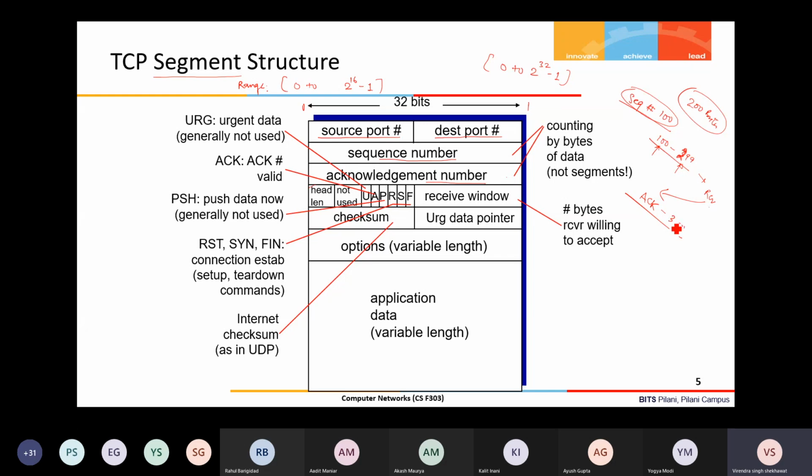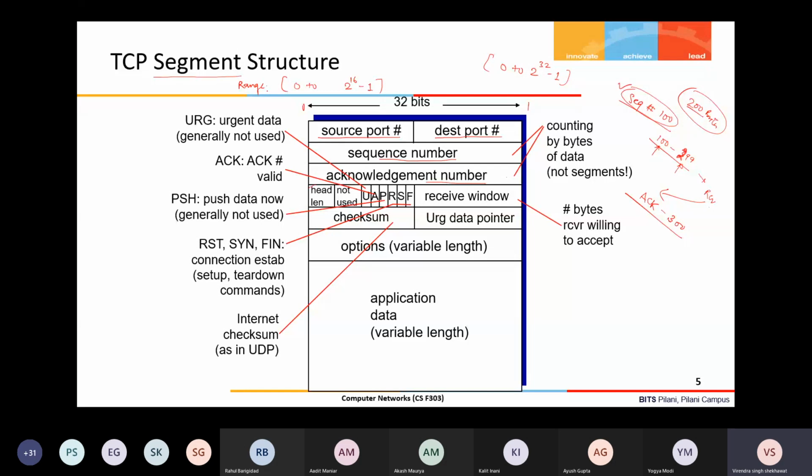So there is a difference. So far we had discussed in terms of packet numbers: if I say packet 1 is sent and then acknowledgement 1, that represents that packet 1 is successfully received. In TCP, it is slightly different. Again, I am repeating, a segment with sequence number 100 is sent with a length of 200 bytes.